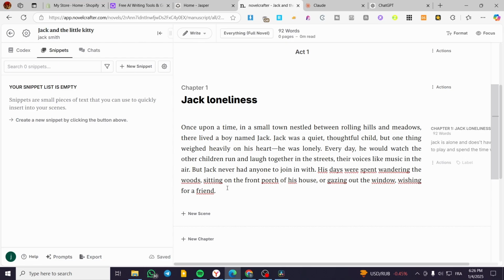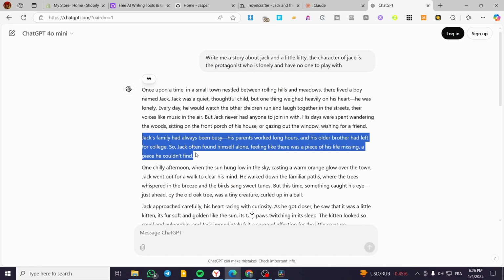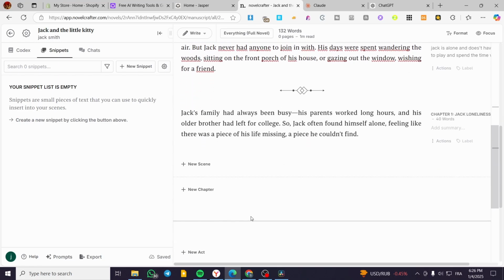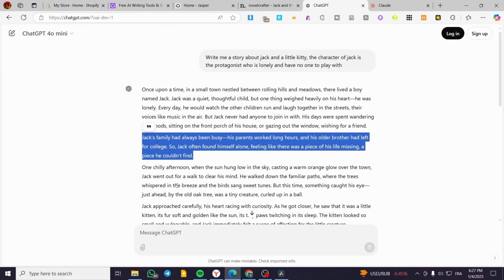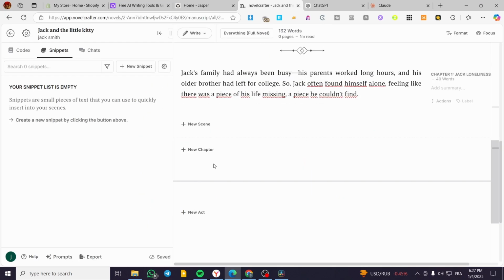So here, as you can see, everything. So we can go ahead and read if we want to add a scene. For example, this is going to be a scene. I'm going to add here a new scene, and this is going to be the scene. So let's see here for ChatGPT. You can go ahead, only one child. I'm going to add this not as a scene, but you can add it as a new